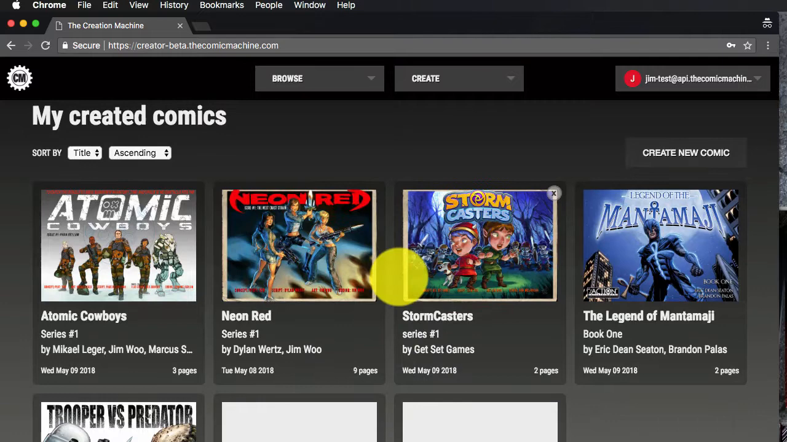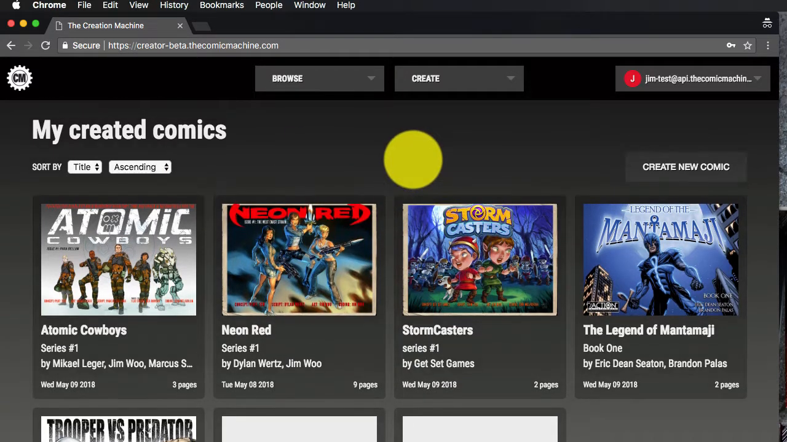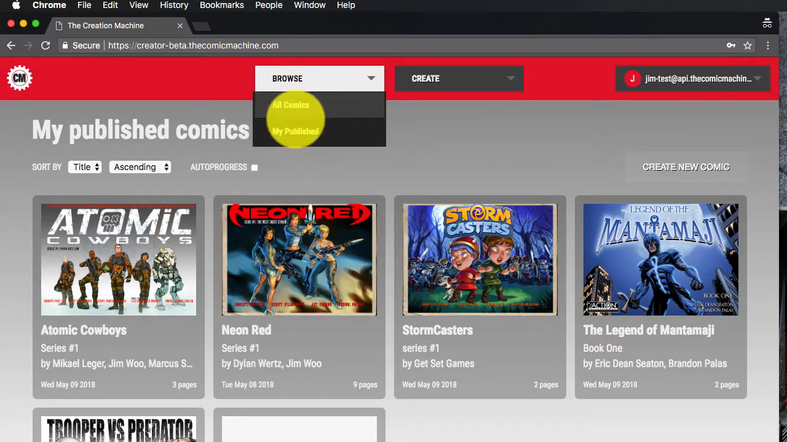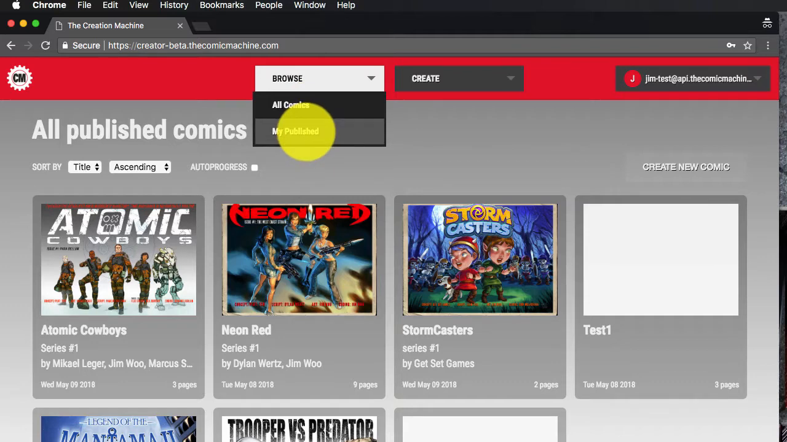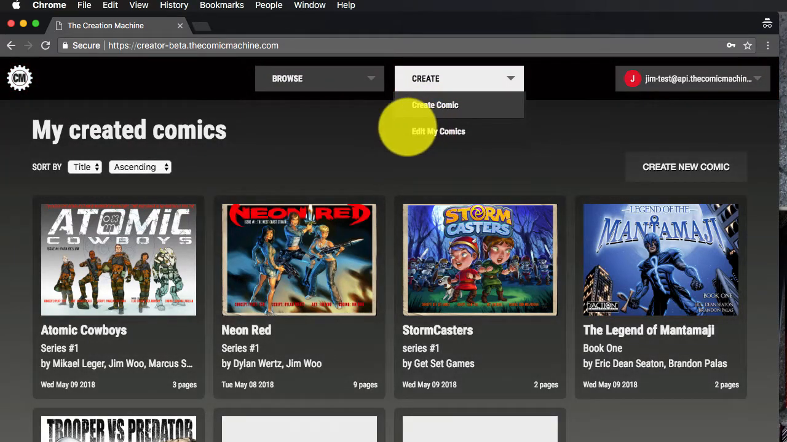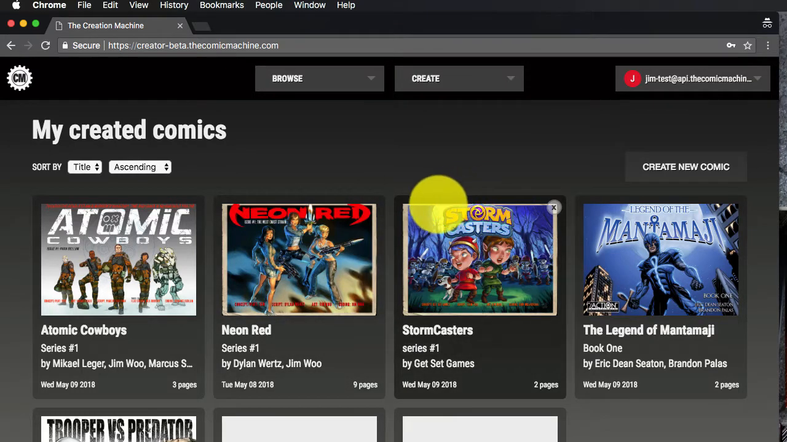And you should open up on a gray background with a black menu bar. If you want to see the published gallery, you can select it in the Browse window. You can see all comics that everybody's published as well as just yours. And then you go back to Edit My Comics, and these are the comics in your account that